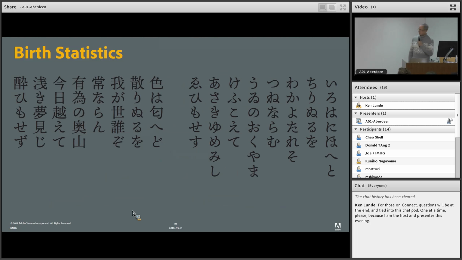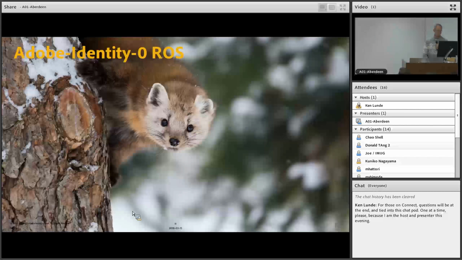And this is a sample that I put together showing the Mincho glyphs, the kana and the kanji. And don't worry, I'll be making these presentation slides available almost immediately after the presentation, so you can check all this stuff out. Okay,